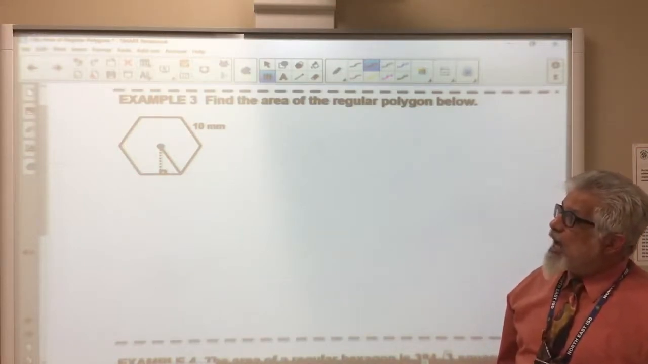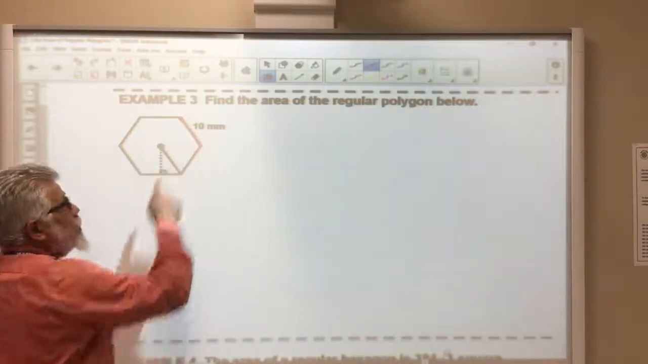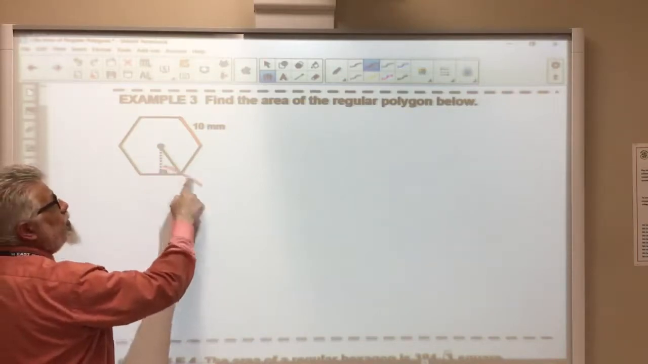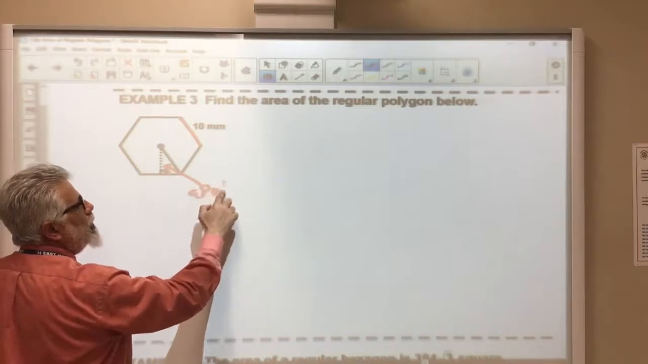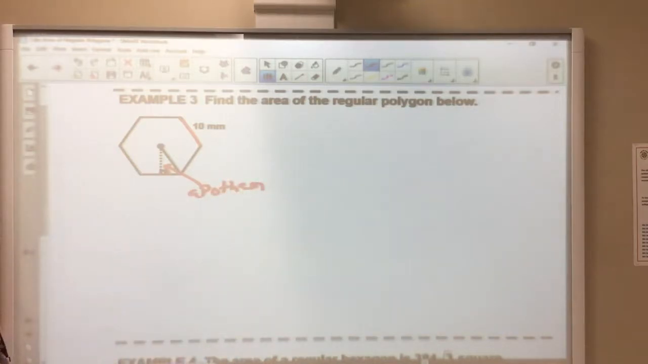So that one side, we're going to use to find the other sides. Now they give us the apothem. Well, they don't give it to us, but they got the apothem marked off. And given the apothem,